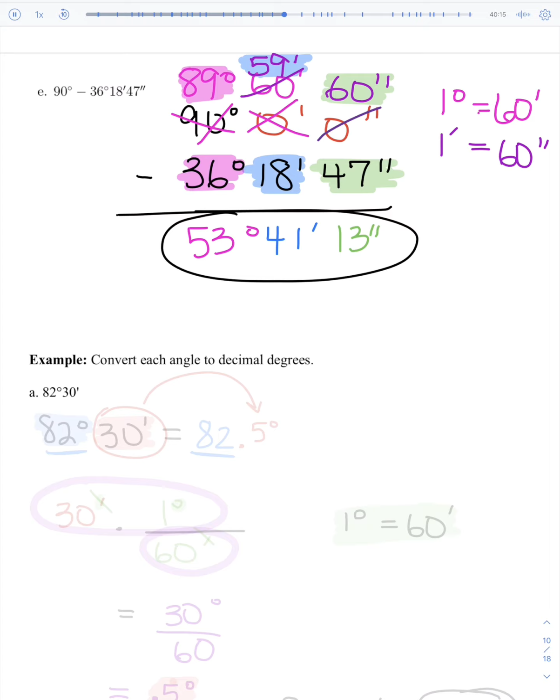In the next problems, we want to learn how to convert between regular angles and degrees in degrees, minutes, and seconds. In these next few examples, what we're going to look at is taking an angle that's in degrees, minutes, and possibly seconds and converting them just into